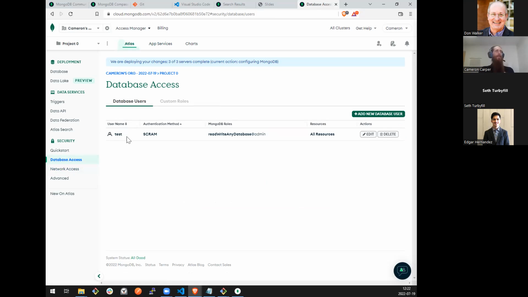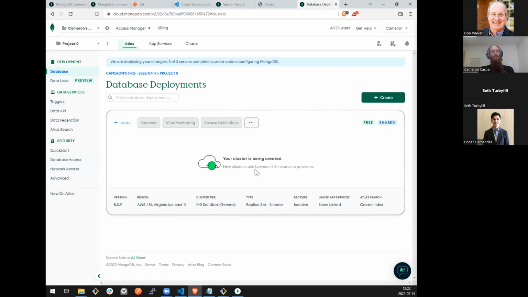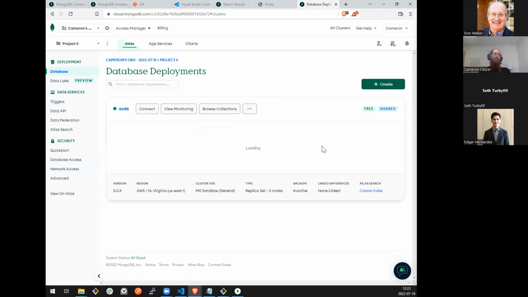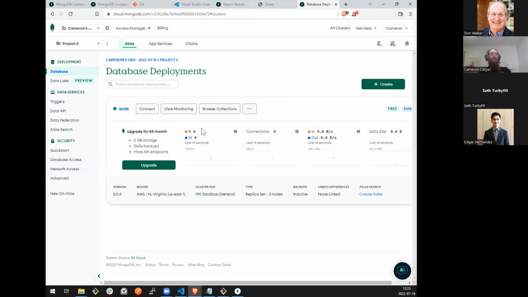And it did create my username test, and I copied my password off to the side. So let's see if we're up yet. Almost there. One thing that I've found pretty nice about the correlations between Mongo Atlas and Compass is the UIs are really close to the same, the web UI versus the downloaded Compass UI. But it doesn't really matter because we can also connect Compass directly to our cloud database, assuming that A, we've set up a username and password, which we have, and B, we've allowed network access via the network access security tab.